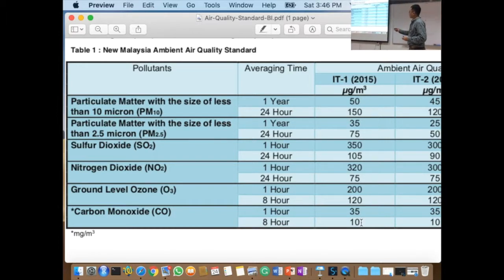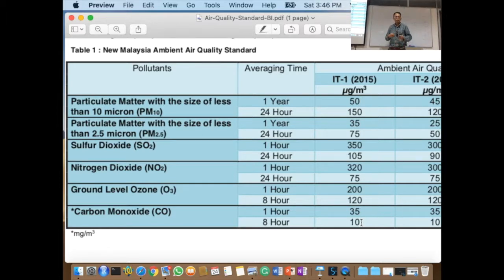For PM2.5 is 35 for 1 year average, 75 for 24-hour average. Sulfur dioxide is higher, 350, 1 hour average, 24-hour average is 105. Notice that there's no 1 year average for sulfur dioxide. Okay, nitrogen dioxide is 1 hour, 24 hours, you see the value. Ground level ozone, 1 hour, 8 hours. Okay, carbon monoxide, 1 hour, 8 hours, and so on. Look at the values. But this is for 2015, because